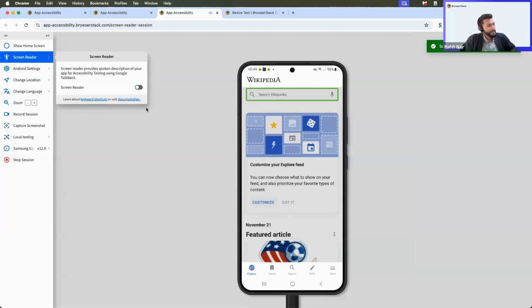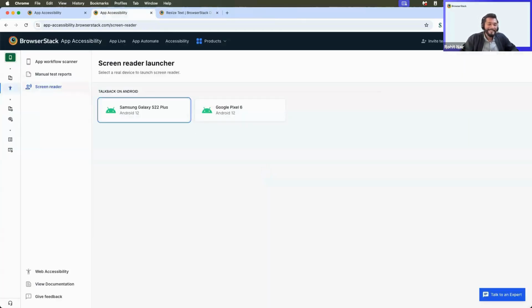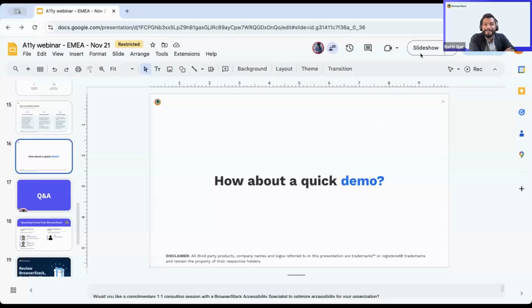Right, that's a quick view of how you can also do screen reader testing. You can change location, record a session, capture bugs, and test connected to your pre-prod environment. Everything's right here. All right, I shall stop my demo now, because I can keep speaking about this lovely product, but we would love to open this up for Q&A. We have a lot of questions, and for that, I'll hand it back over to you, Mark.